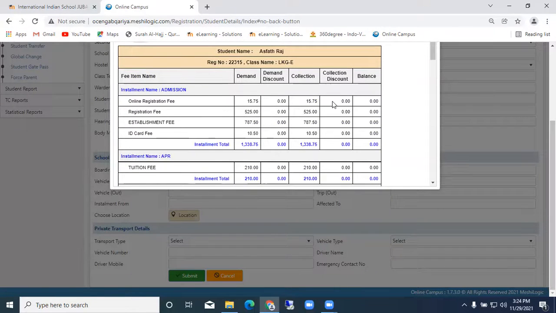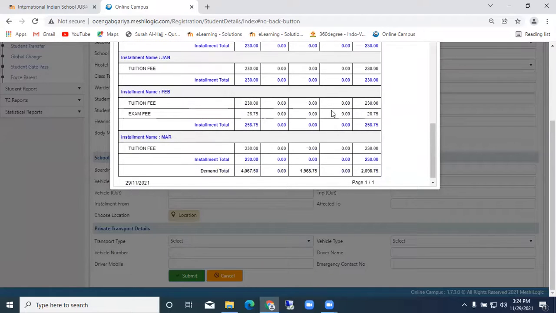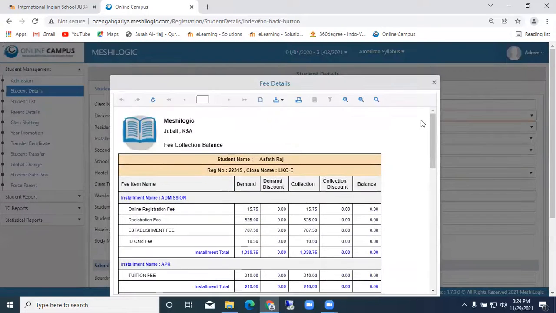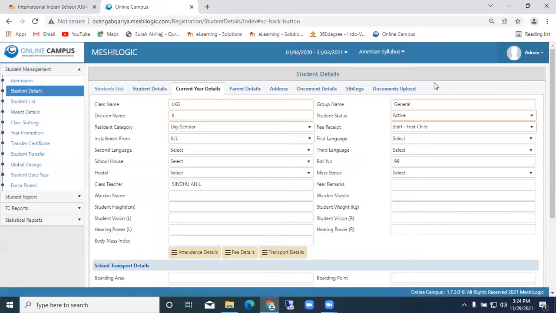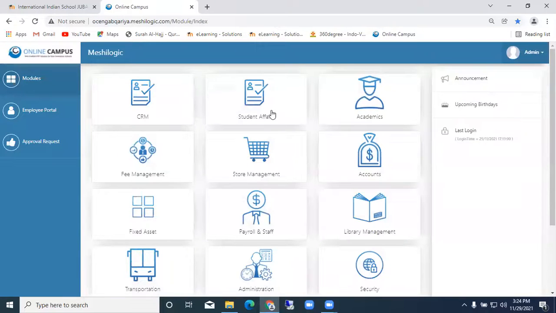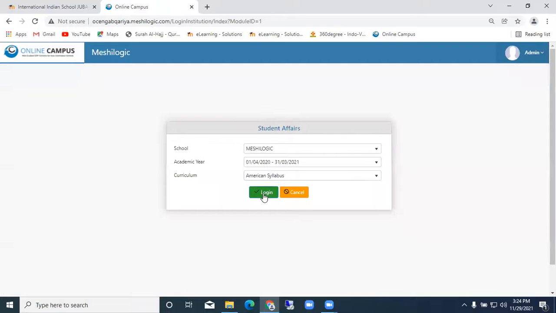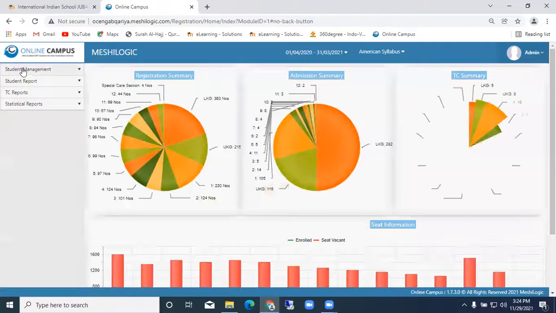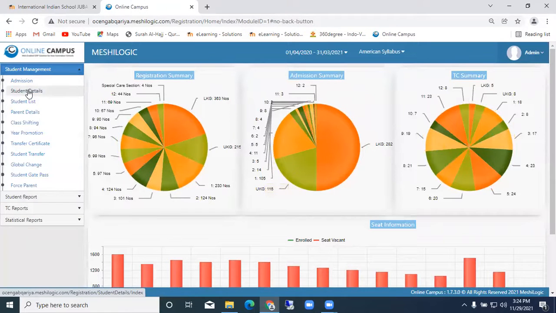If you have given any discount, the discount will also show. This is the critical area: during the admission time, this setting has to be done once. Depending on that, the fees will be demanded.